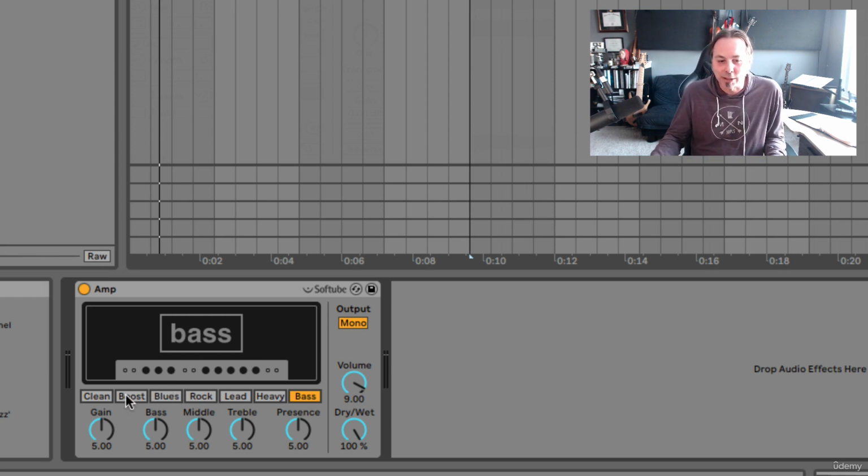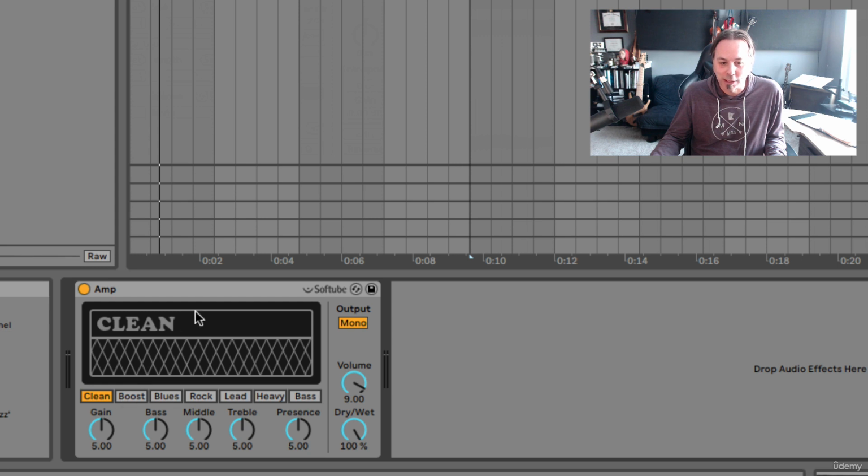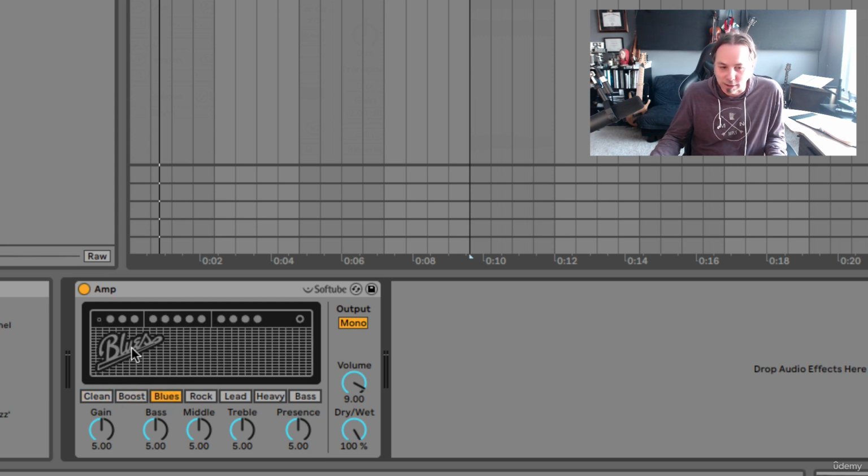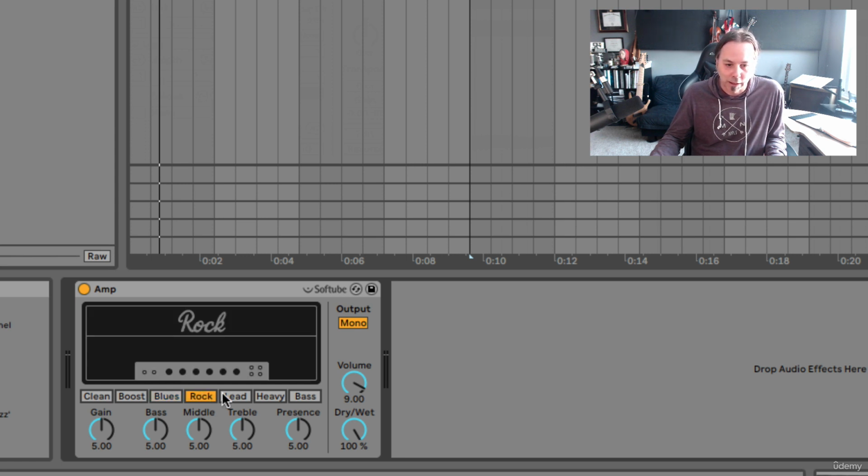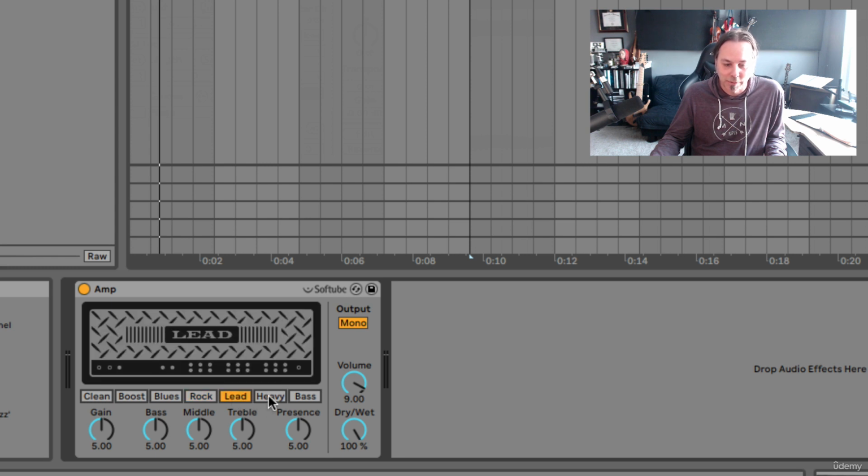And the graphic is a pretty good clue, right? This is probably a Fender Blues DeVille or something like that. This is probably a Marshall stack. If you're a guitar player, this is pretty iconic looking. I can't think of the name of this one right now, but